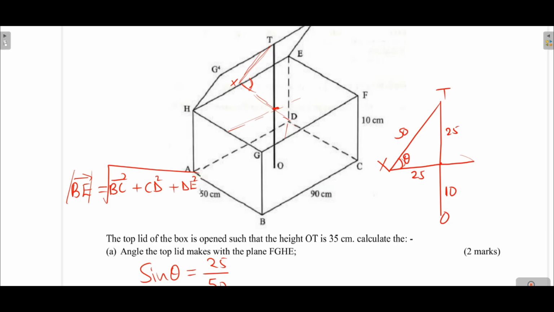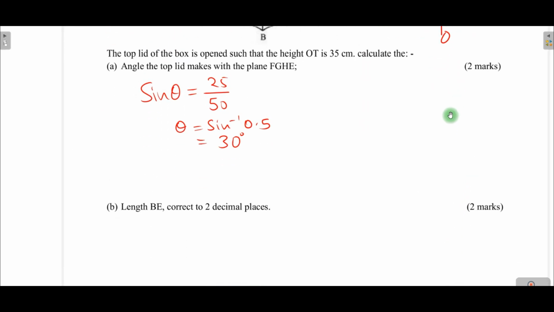And therefore, BC is 90, CD is 50, and then DE is 10. So we have 90, then 50, then 10. And that will be now length BE,